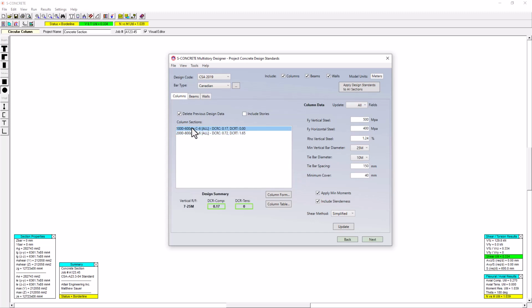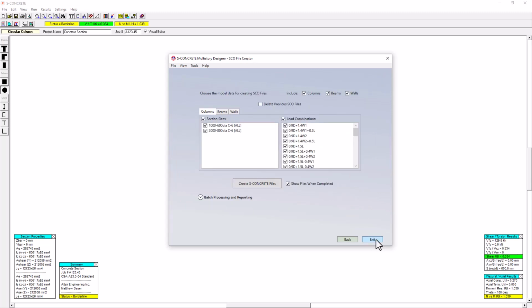In this case here, I probably didn't need that much vertical steel for this example, so I could even bring that back down. So let's just go back to 1 and maybe even use a smaller bar size. Once I'm done making these modifications, and I'm not going to go through and check every single section at this stage, but I obviously could do that, and if I were designing a real structure, I'd want to spend the time. But once I'm done, I just click the next button, and I proceed to this step where we can